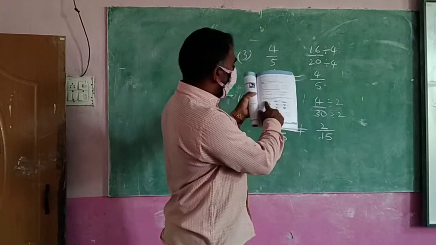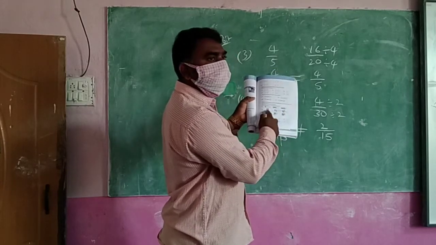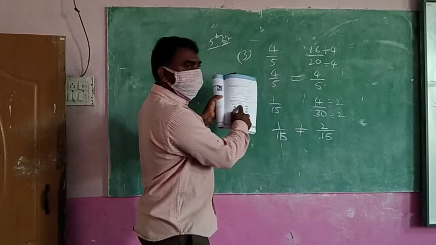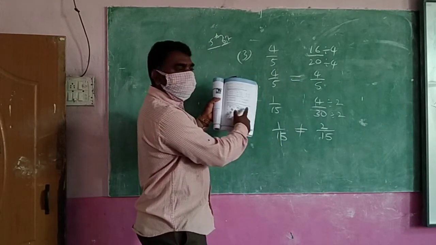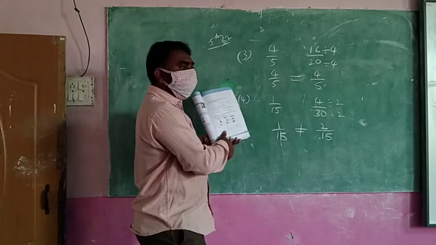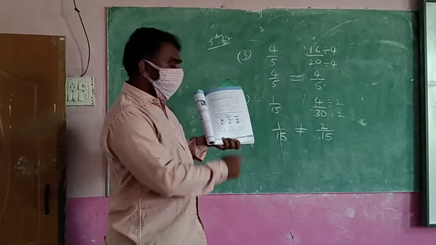By what you are doing, by adding will you get this or by subtracting will you get this, you have to check and find. Can you see the first one? See, the first two, the answer is equal to the answer given. By adding will you get that or by subtracting? Adding. Second one, subtracting.